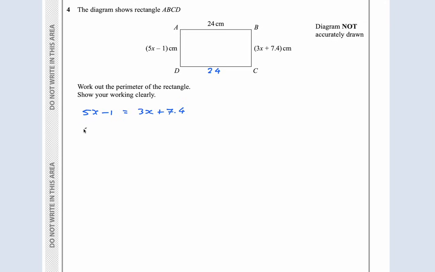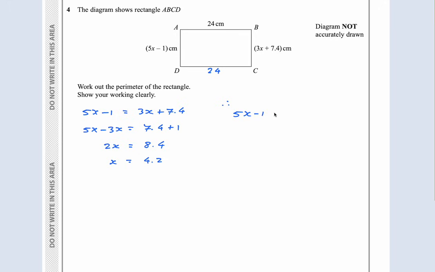I'll bring the x's to the left. So subtract the 3x, and the numbers to the right, I'll add the 1. 5x minus 3x is 2x. 7.4 plus 1 is 8.4. x is equal to 4.2, because I divide by 2. Therefore,